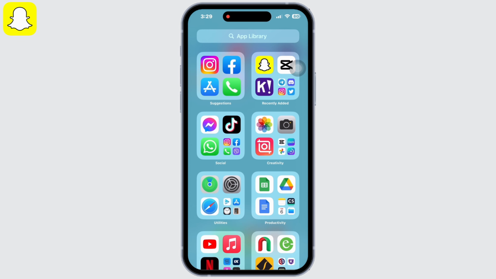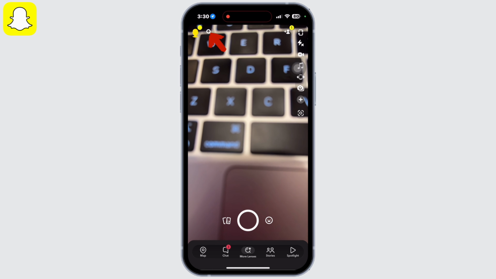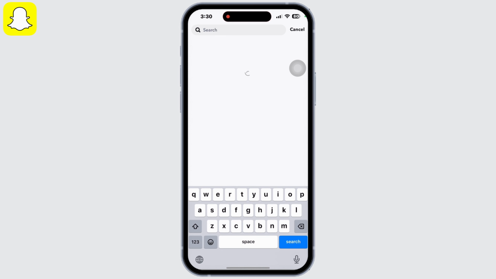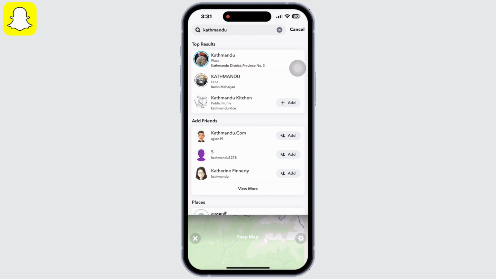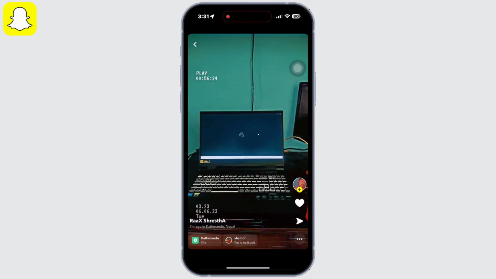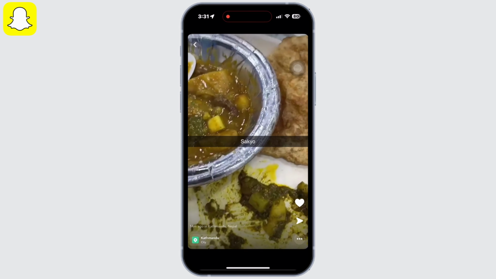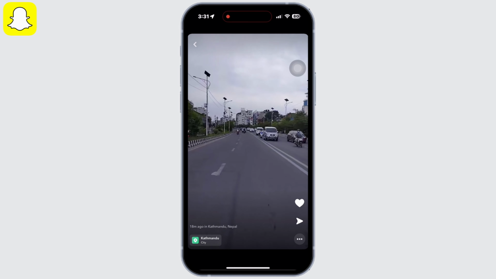Let's get right into the tutorial and open the Snapchat application on your device. You will see the search button there. Tap on that and then enter the location you currently are in. If you tap on the stories option there, you will see all the stories that have been added to Snapchat from that particular location. You can see I have the stories from people who are living in the same location